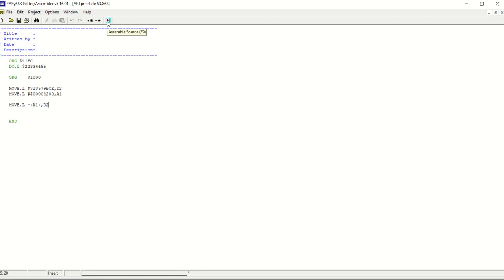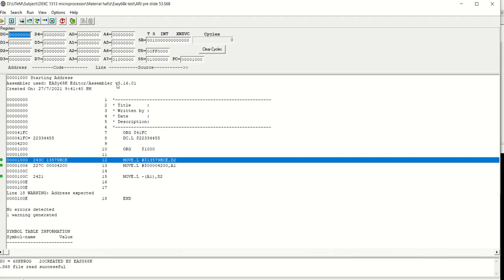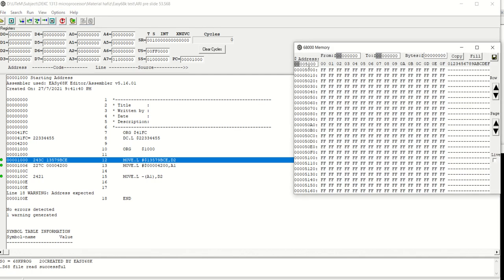Okay, so let's try to execute. No error. So view the memory first at location 41FC. It cannot be set to 41F0, but you have to see here, C. 41FC is here. You have set 22334455.